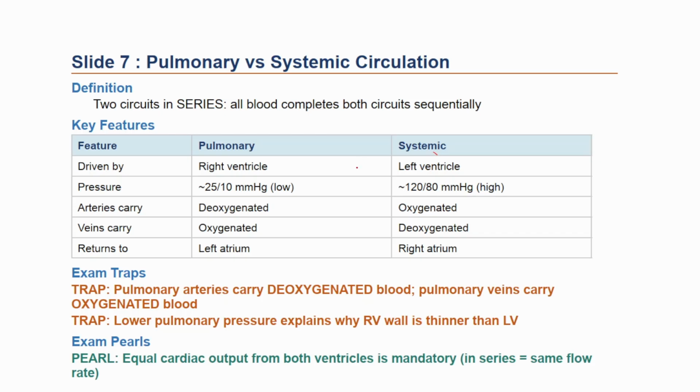We established at the start that there are two circuits in series. Now let us compare them properly, because the exam tests this comparison directly and the differences are stark. And that means now we will study the pulmonary versus systemic circulation. Let me repeat it. The human cardiovascular plumbing plan is organized as a double circulation system, where the circuits are arranged